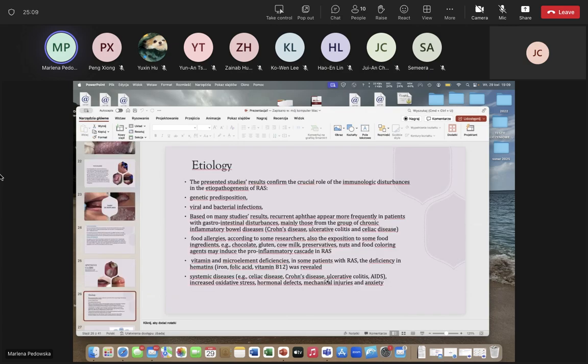The present studies confirm the crucial role of immunologic disturbances in the etiopathogenesis of RAS, along with genetic predisposition, viral and bacterial infections. Based on many studies, recurrent aphthae appear more frequently in patients with gastrointestinal disturbances, mainly chronic inflammatory bowel disease, so Crohn's disease, ulcerative colitis, and celiac disease. Food allergies, according to some researchers, also play a role. Exposure to some food ingredients, so chocolate, gluten, cow milk, preservatives, nuts, and food coloring agents may also induce the pro-inflammatory cascade and